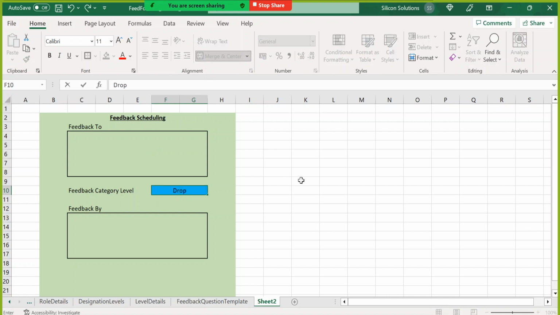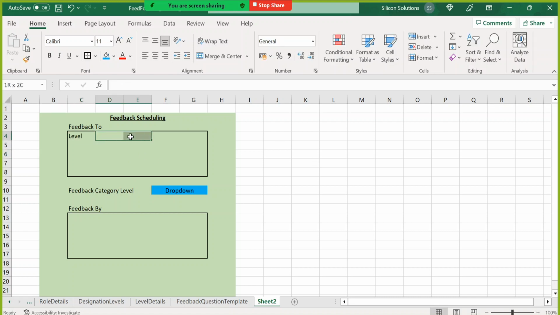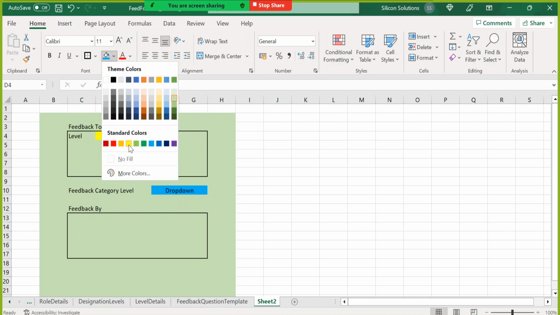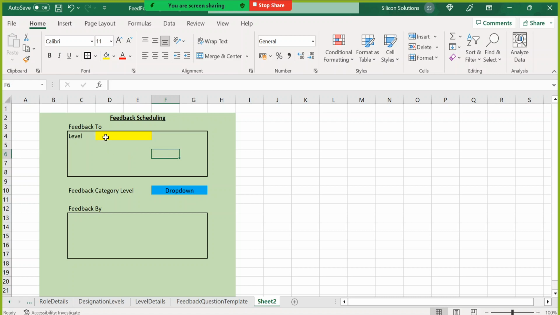Okay, so I selected here to which level. Let's say level, I selected it as this. Also will be one drop down only, a little different color I'm taking